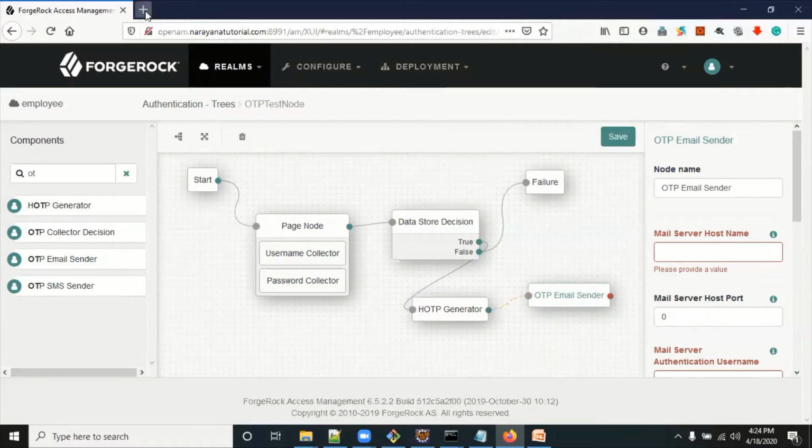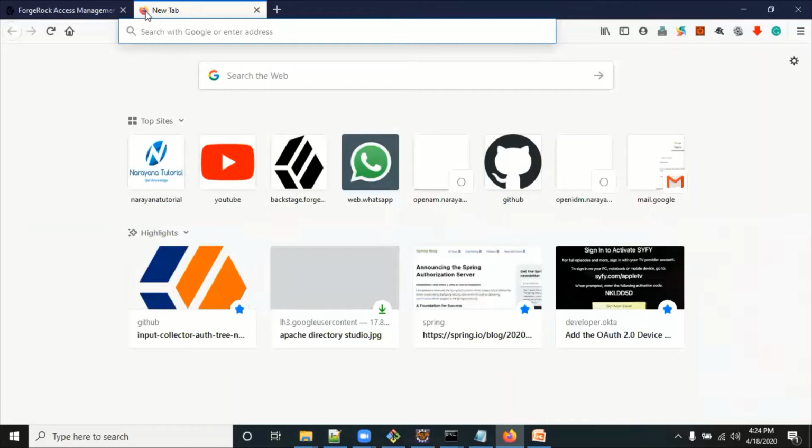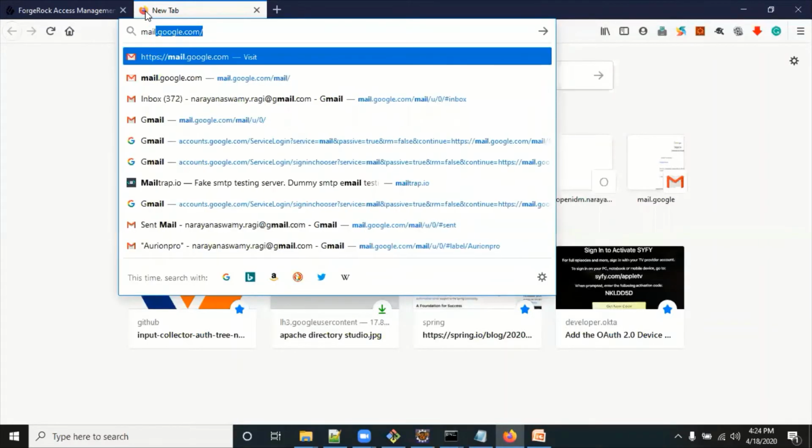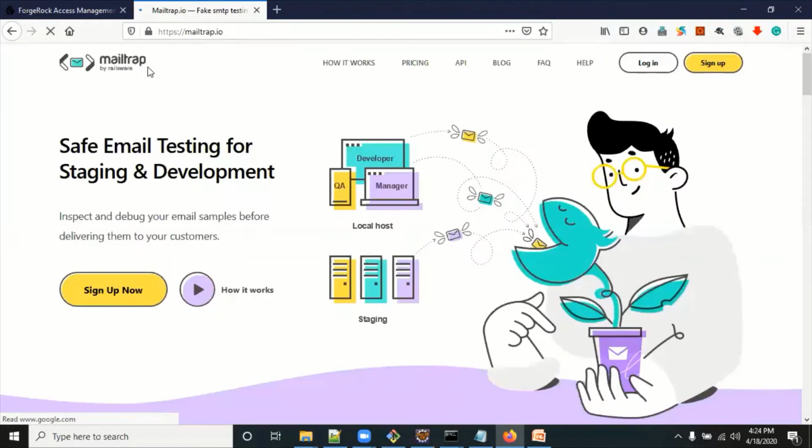Here I will tell you one of the best fake SMTP servers you can use for development and testing purposes. That is Mailtrap, mailtrap.io. You can subscribe by clicking on the sign up button.